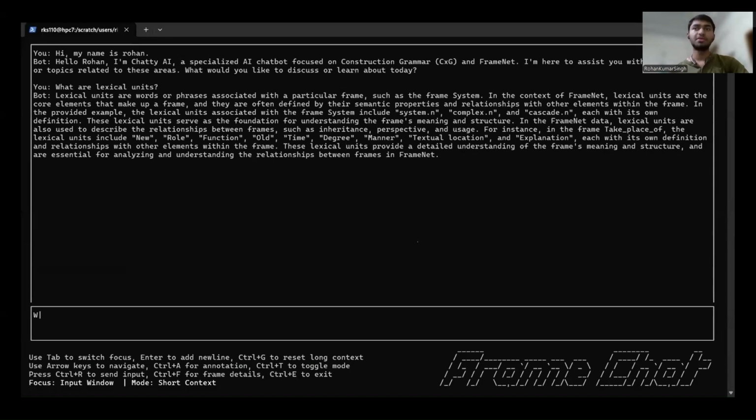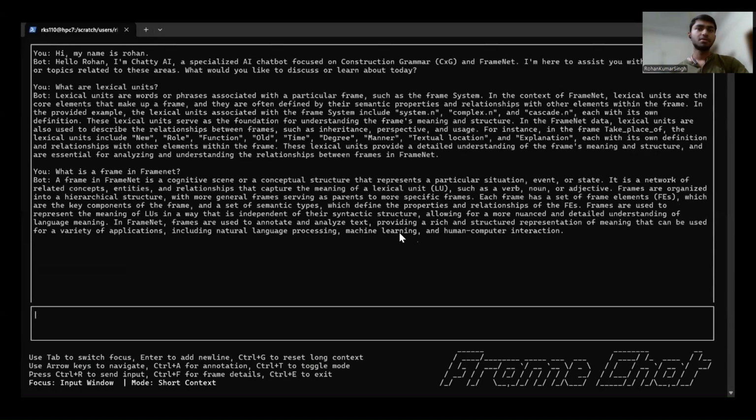What is a frame in FrameNet? And see how it responds. And again, FrameChat replies with an absolutely correct answer: a frame in FrameNet is a cognitive scene or a conceptual structure that represents a particular situation, event, or state.